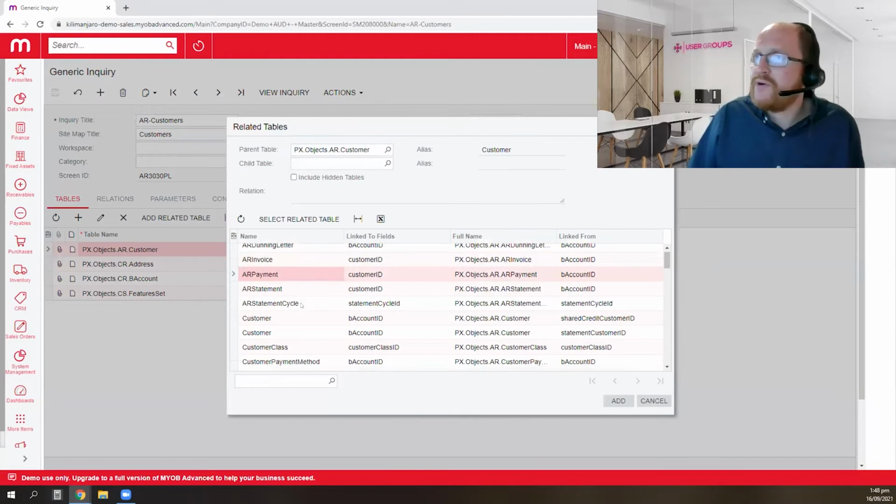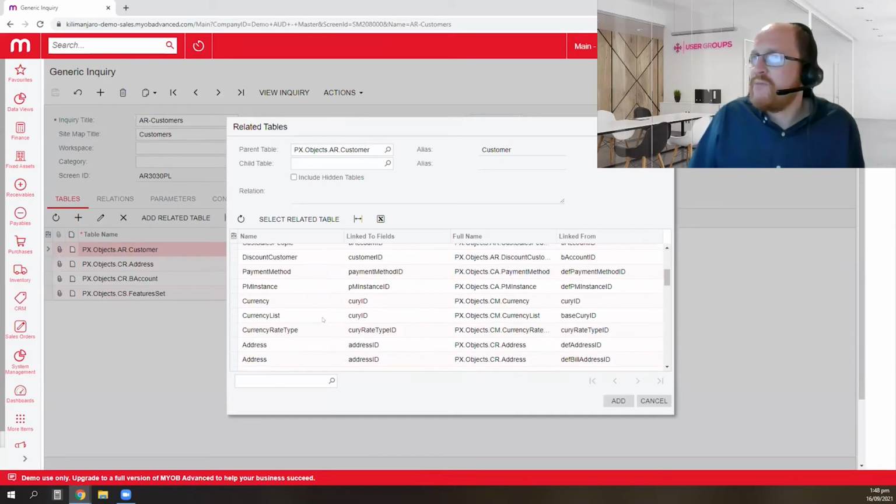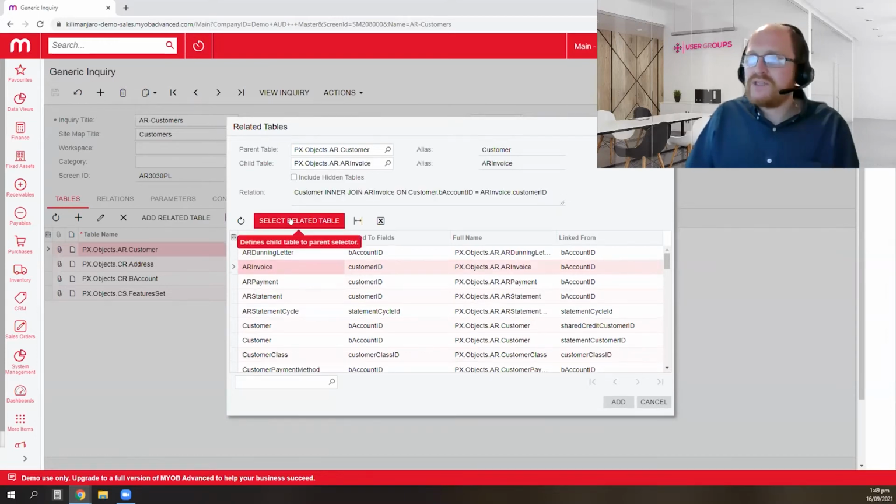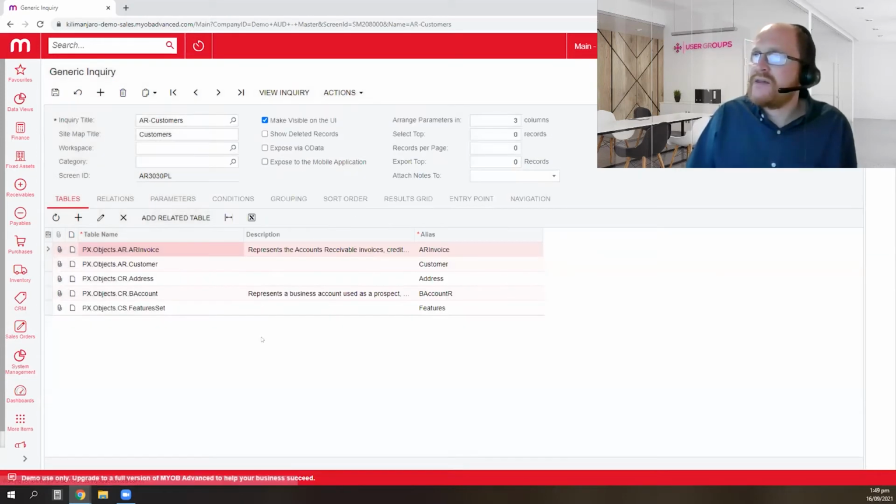So for example, if I wanted to link it to payment methods, or let's say the invoices, what I can do is select that and then go to select related table. It automatically shows what relation we've got. We can see parent and child table, and I can click on add, and it just adds in that new